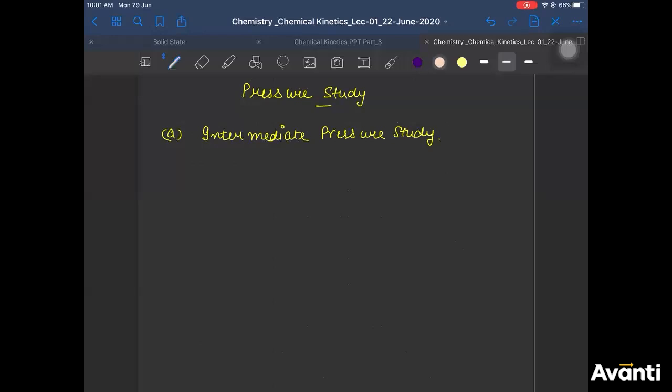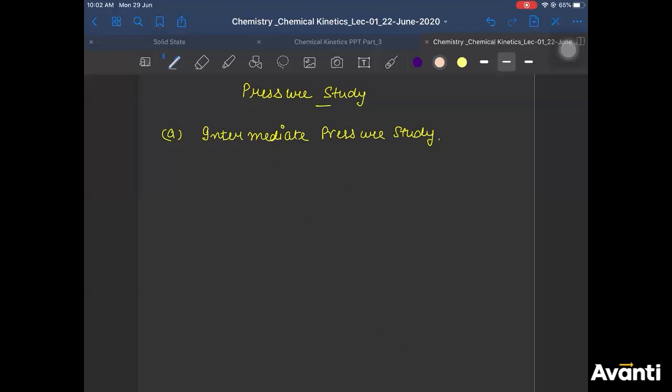Now, how do you study the pressure study of the reaction? In CET it has been started to be asked recently. Earlier, it was not asked in CET also, but nowadays it has started to come up in the exams. So we'll consider this also. What is pressure study? How do you study the pressure in case of kinetics? Correct? So how do we do that? So please pay attention and listen carefully. So what I have to discuss here is,